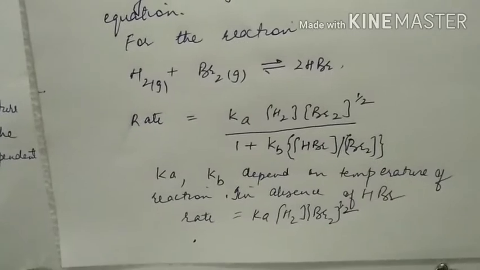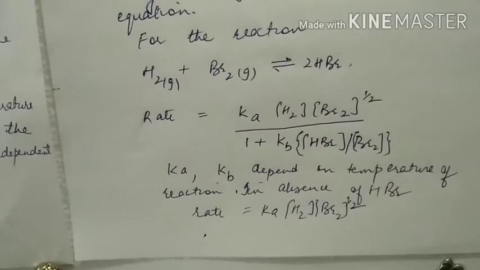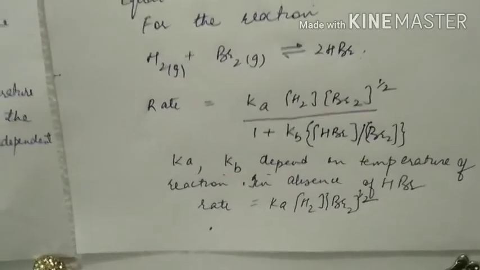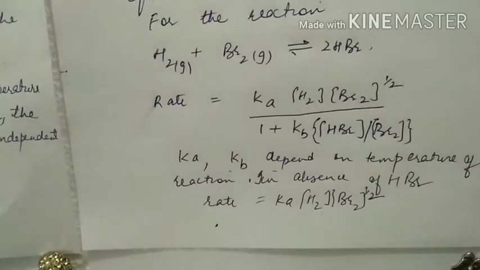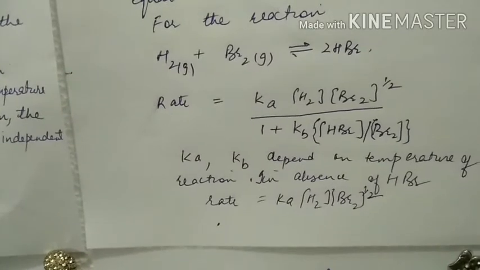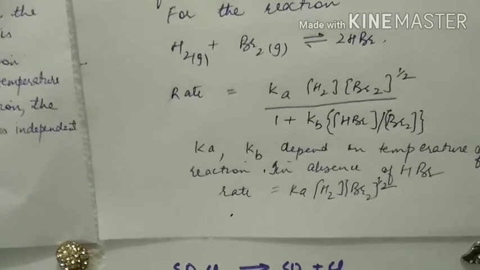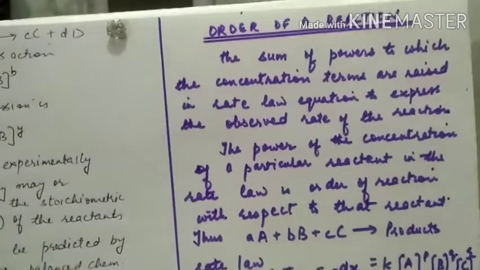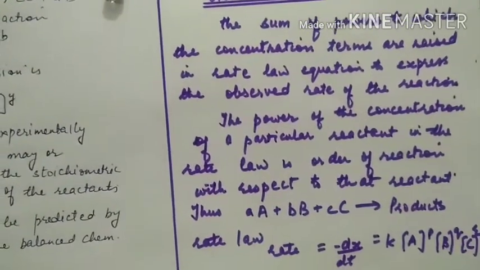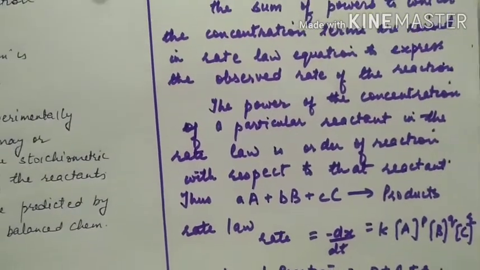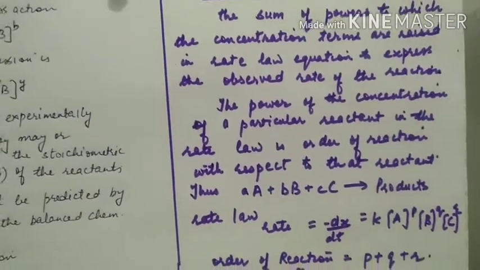So Ka and Kb depend upon the temperature of the reaction, but in the absence of HBr, the rate equation simplifies a bit. Rate is equal to Ka into concentration of H2 into concentration of Br2 raised to power half. The sum of powers to which the concentration terms are raised in the rate law equation to express the observed rate of reaction